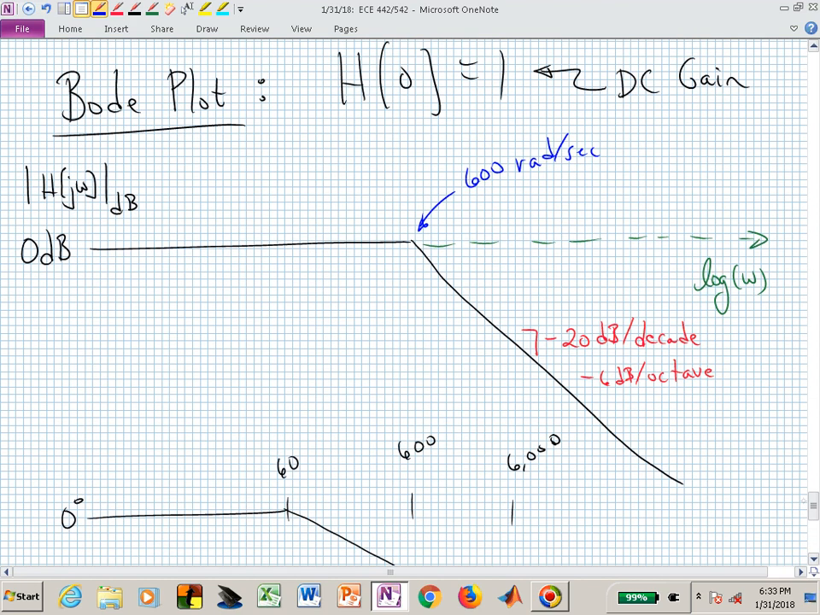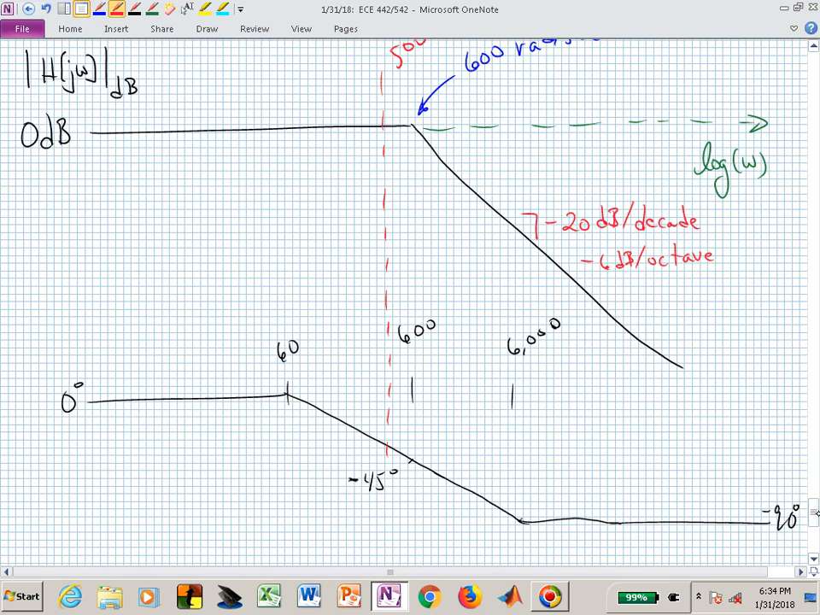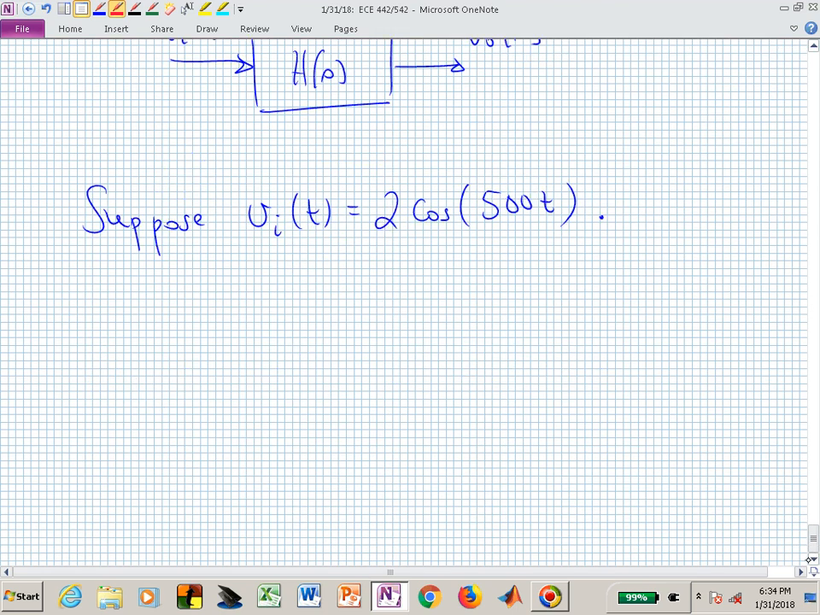Meaning you can go back here and say, oh, at 500, I know what the magnitude change is going to be, and I know what the phase or angle change is going to be, so I can immediately write down that V sub O in the sinusoidal steady state, after the initial transient, is going to be the magnitude that I injected, which was 2, times H of j500. So I evaluate that transfer function at the frequency that I'm exciting it at, which is 500,